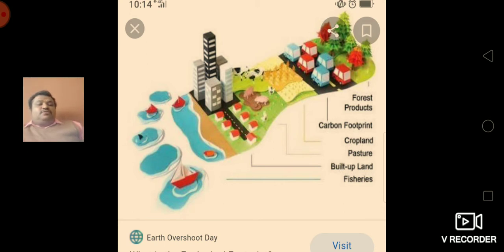The ecological footprint gives an idea about the extent of consumption of natural resources. You can see it in the picture. And whatever the available resources are, in what manner we are using them, it is going to measure, and the waste generated by these resources or by man will be measured. And how much space on the earth we are using with the help of technology,